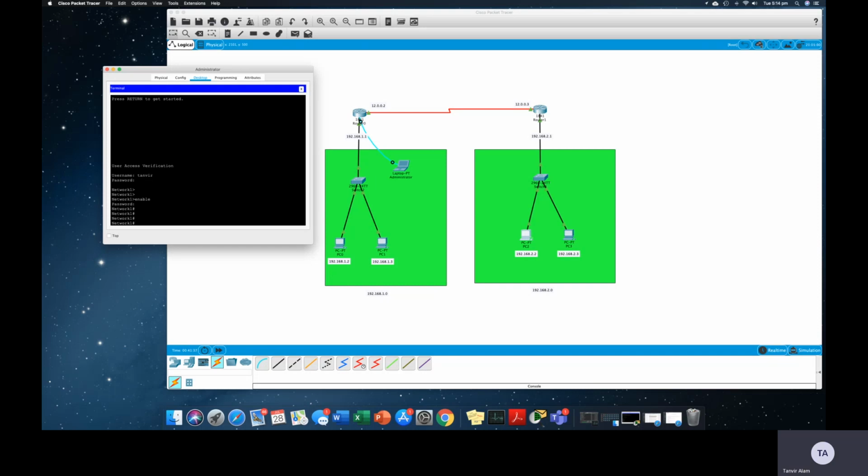Now I have MD5 encryption for my login. I have MD5 encryption for my privileged mode access. And this is how we have enhanced security greatly on the router by using the database built into the router for a specific username and password. Now we can set up administrators on the routers that have different levels of access or different levels of authorization,